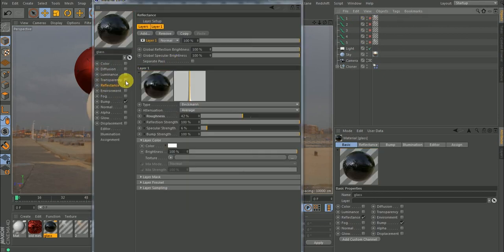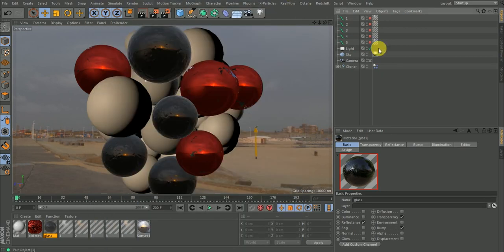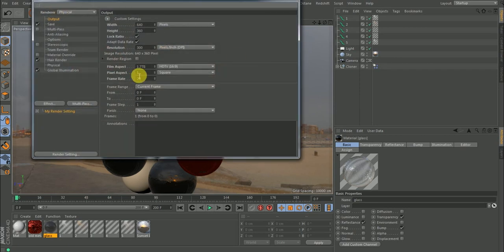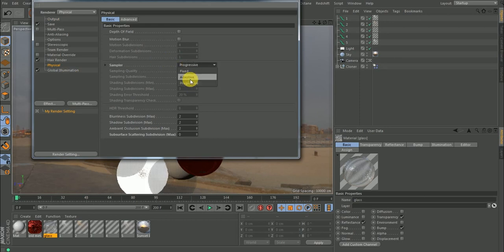So come here, activate the transparency, so we have that. So I think that's pretty much it, and I'm going to go to the render settings and go to the physical. We're no more going for progressive. This is going to be automatic, and we don't have subsurface. We can make this 10,